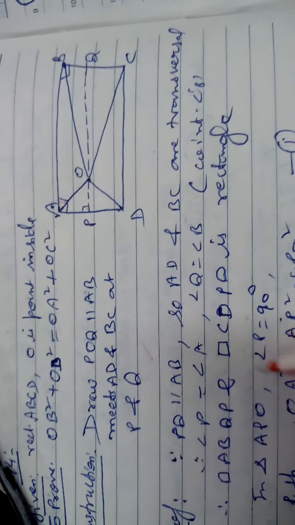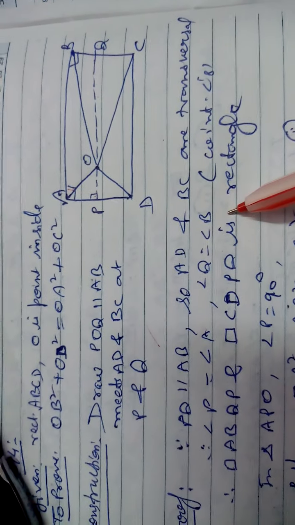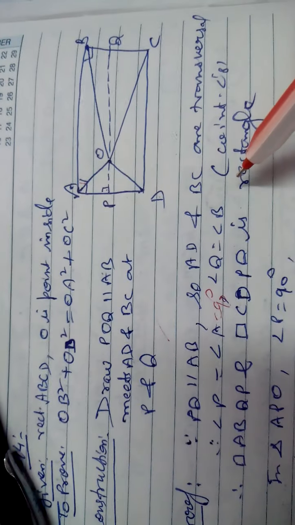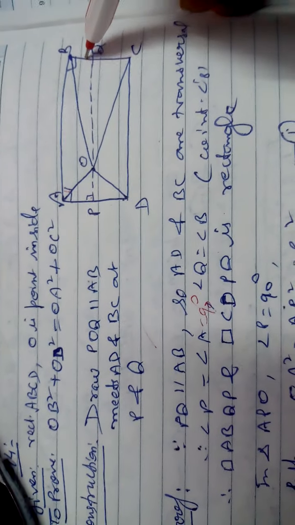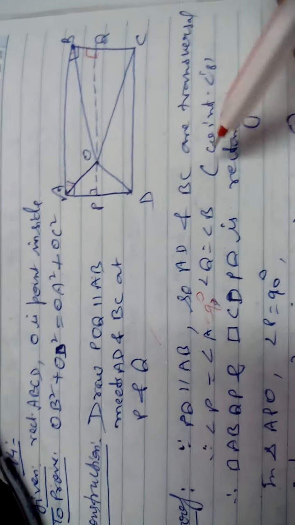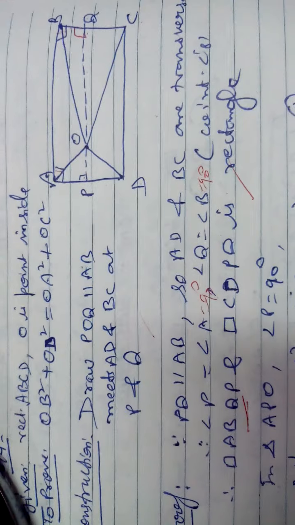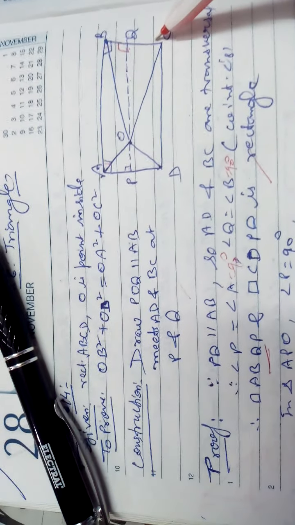It is given that AD and BC act as transversals. So angle P equal to A, Q equal to B, which is equal to 90 degrees. Why? P is equal to A, Q is equal to B, like this. These two co-interior angles I have calculated and then I am writing here 90. If all four angles are 90, then it will be a rectangle. Similarly, DPQC is also a rectangle, and in a rectangle opposite sides are equal. So you are getting AP is equal to BQ and PD is equal to CQ.